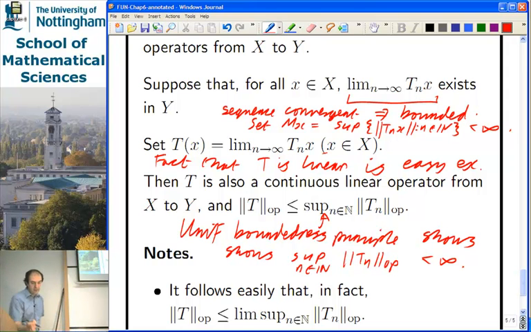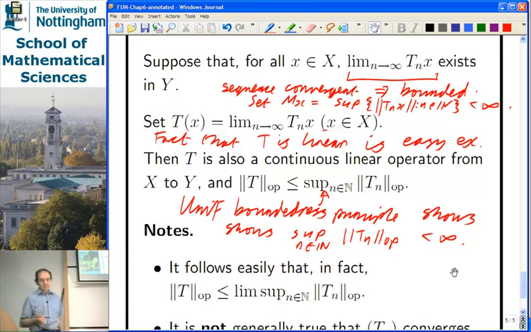And then once you've got that, this other bit about the operator norm of T is dead easy. That's immediate because it's just the limit of these things, and you've got a global bound on how big those things can be. So that's an immediate consequence. But of course, the early Tn's don't contribute because it's the limit of the Tn's you're using. So it's only the later Tn's that really matter. And so instead of using sup, you can use lim sup, which is the version of sup where you throw away the early terms and you only care about the late ones. So once you've got to sup and you realize it's about limits, you quite quickly get to lim sup